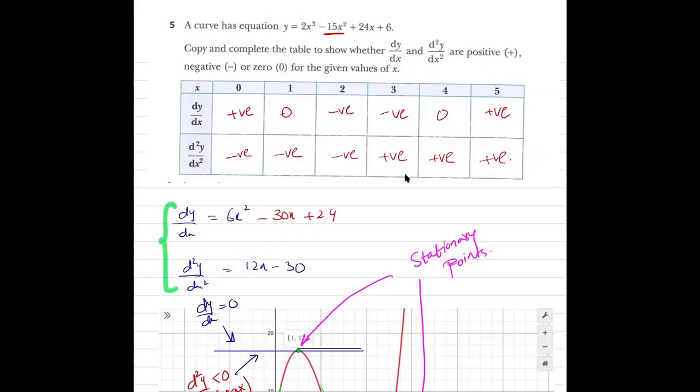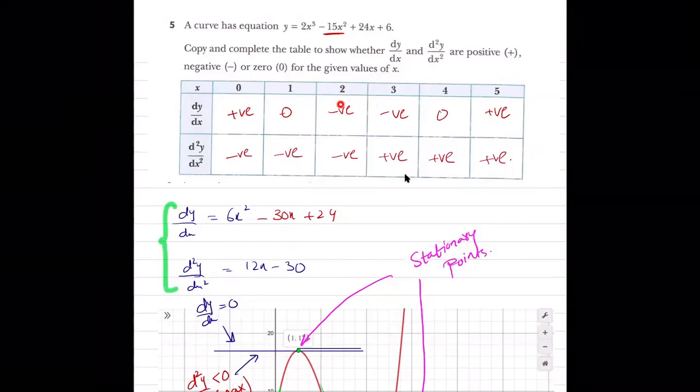So now what you are going to do is plug in x as 0 in the dy by dx expression, and in this table, you are going to note down whether the dy by dx answer is positive, negative, or 0. So if I plug x as 0, I'm getting 24. So it's a positive value. Then I'm going to plug in 1. So when you plug in 1, what do you get? Check, are you getting 0? Yes, 0 at x equals 1?